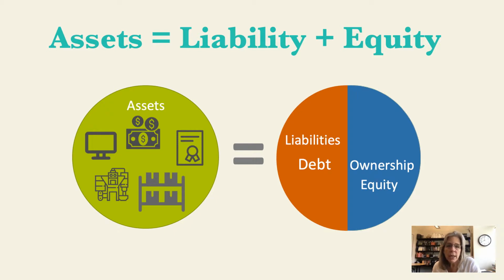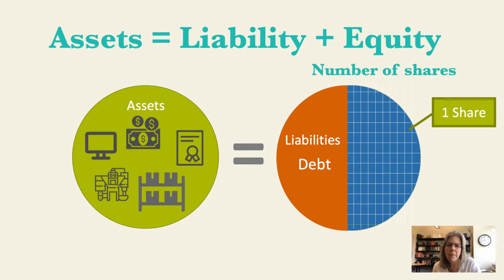Now, the way we look at this is we look at the equity portion, and this is related to stock price. So if a company is going to be a publicly traded company, they take this ownership portion, or the equity portion, and divide it into a whole bunch of pieces. Each of these little pieces of the equity is equivalent to a share or a stock. So the words stock price and share are going to be interchangeable